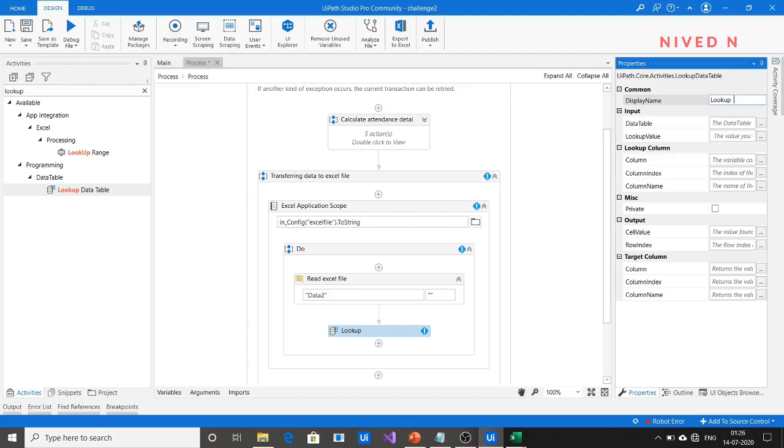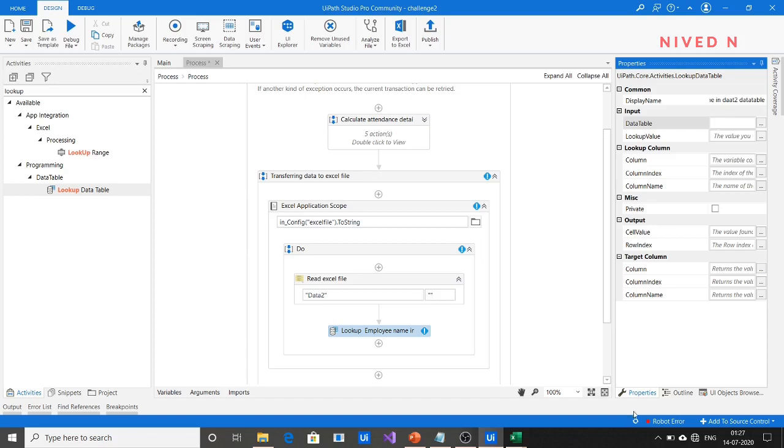So we have to look up the employee name in data2 data table. Okay. So we have to provide some values here. First we have to provide a data table in which we have to find the employee name value.